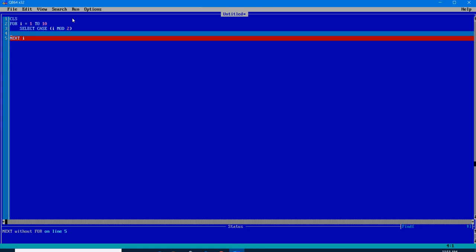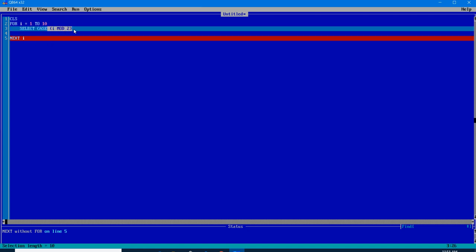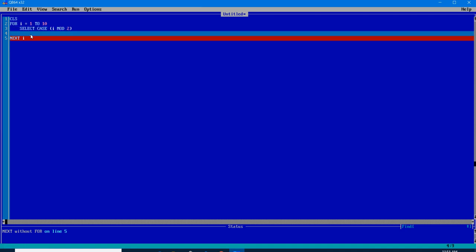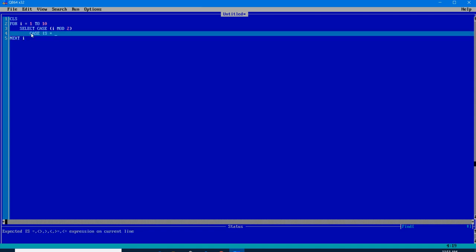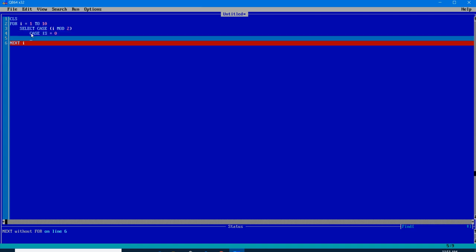This expression, I mod 2, as you surely know, tells us whether a number is odd or even, right? So here we have the case equal to 0. If this expression is equal to 0, then print